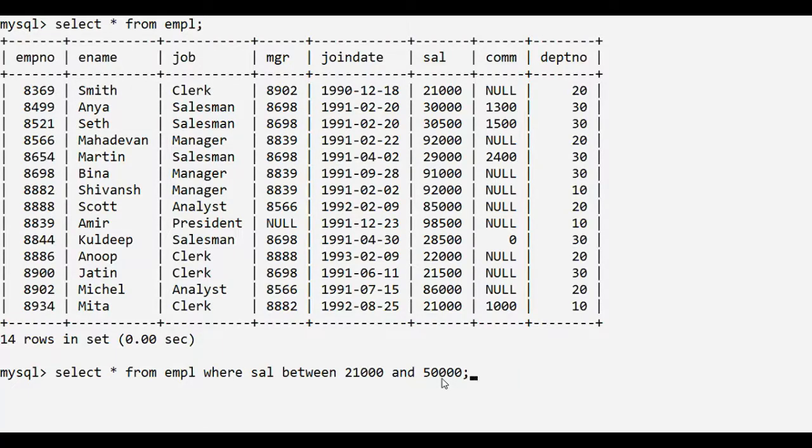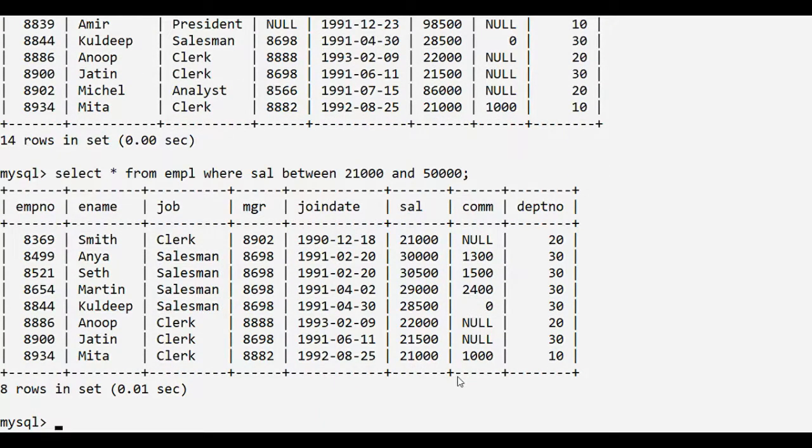How do we write the between operator? Where followed by the field name between the lower limit value and the upper limit value. It will display only those records where the salary is between 21,000 and 50,000, and the lower limit value 21,000 will also be included, and 50,000, the upper limit, will also be included in the result.